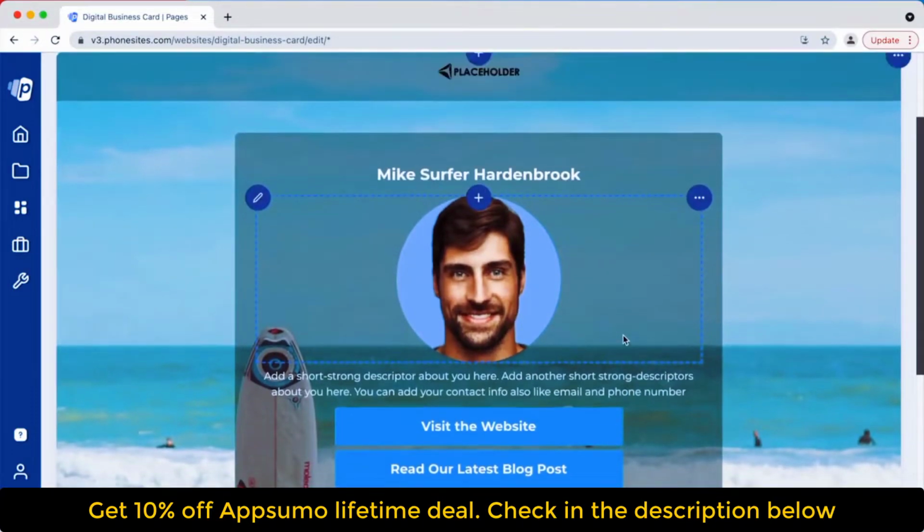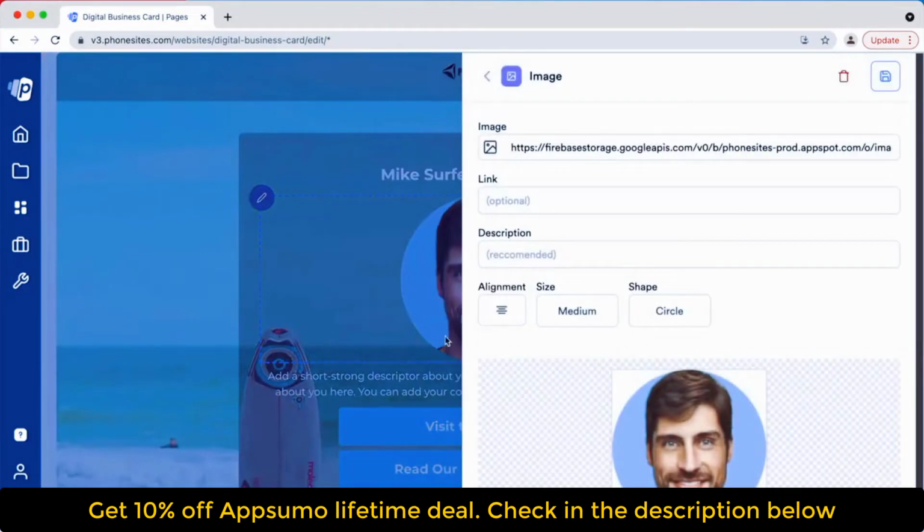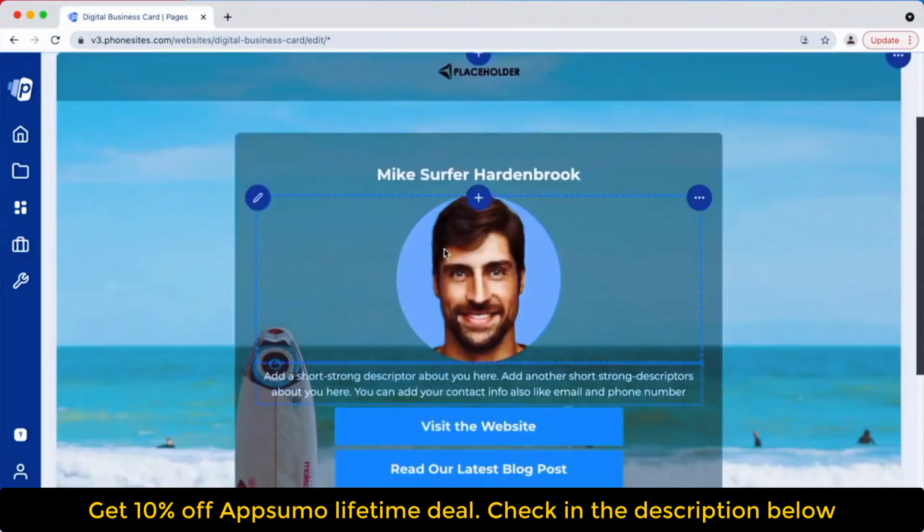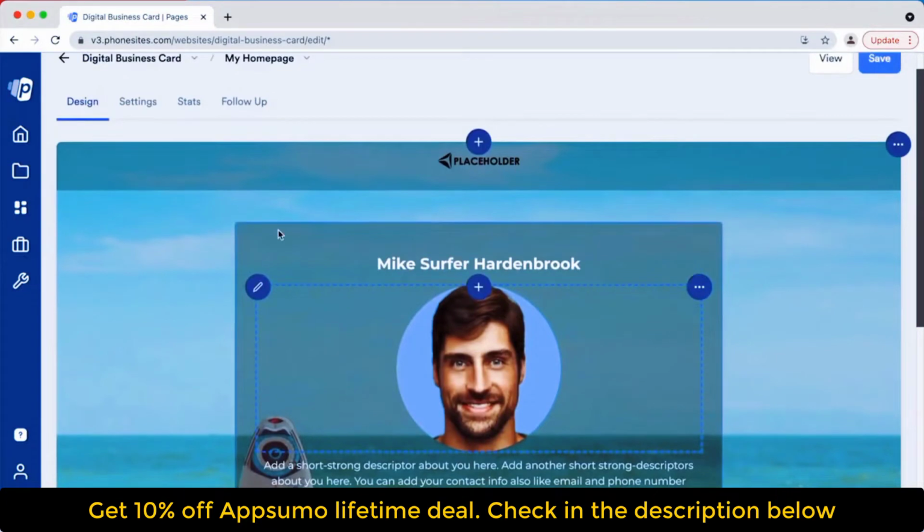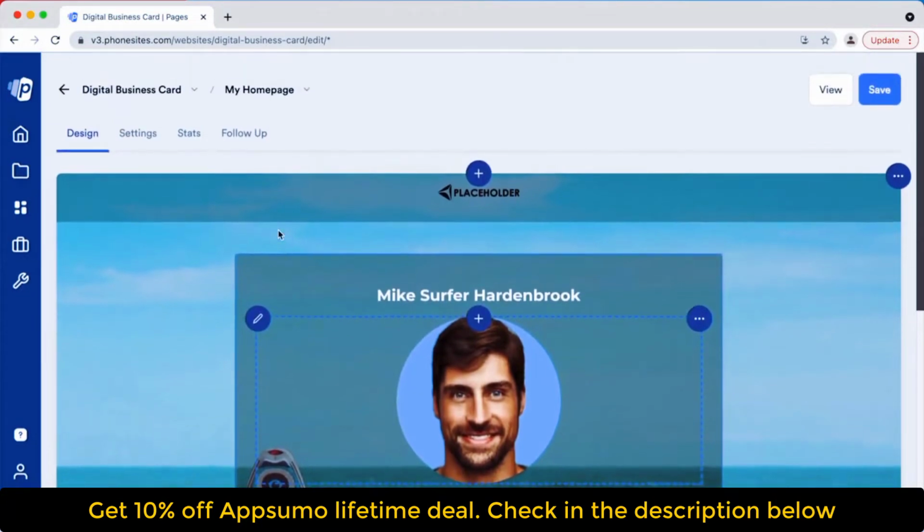The only difference would be, instead of this coming out the side, you will have a shelf that would come from the bottom. But that's pretty much everything that you need to know as far as how to use the editor, where the elements are,